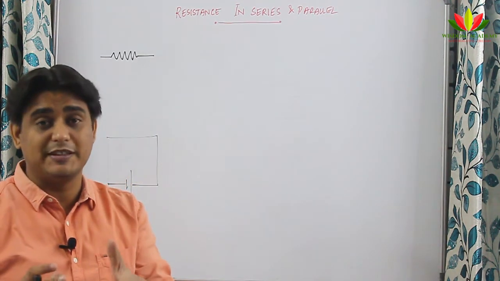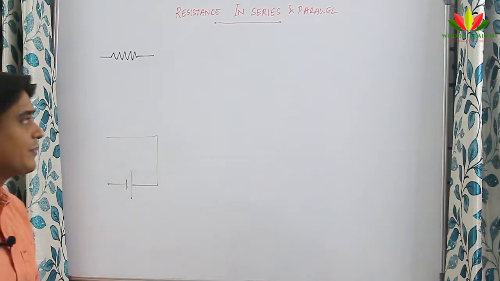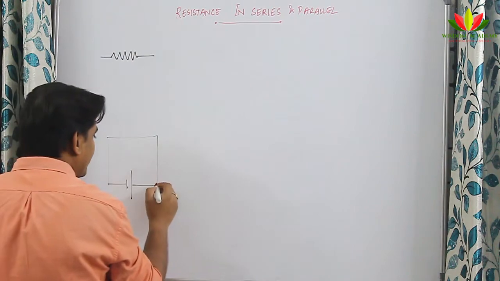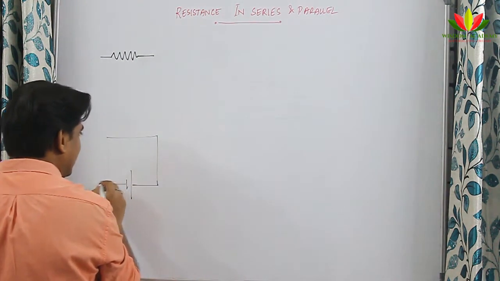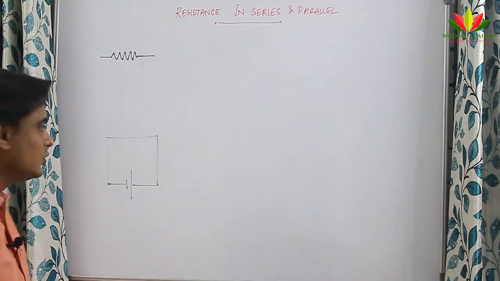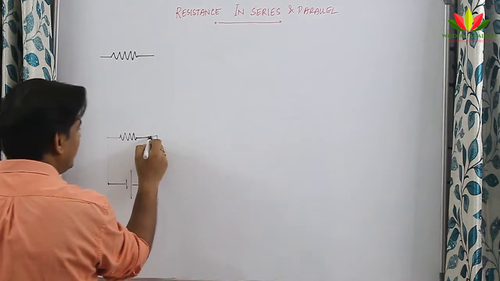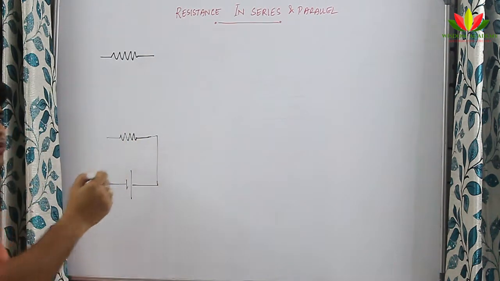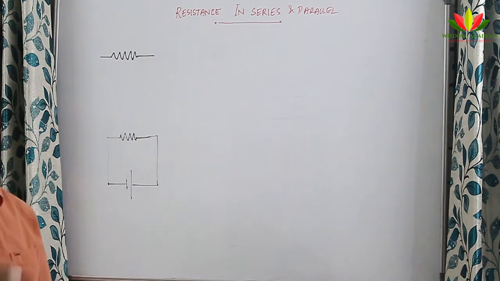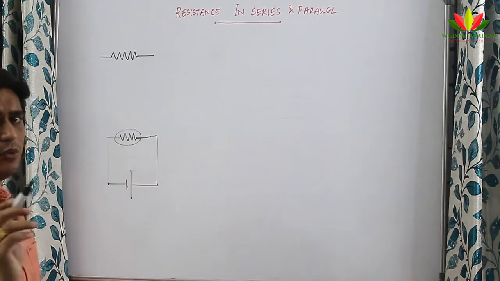So it is based upon the metal's nature or element's nature how much resistivity it will have. This resistance of anything is there, but it is very negligible, so we neglect it. So what we do, we put some external resistance in the circuit. Why do we do that? If you want the current to flow at a slower speed, you want to resist the flow of current, then we put a resistance wherever we want to do it.